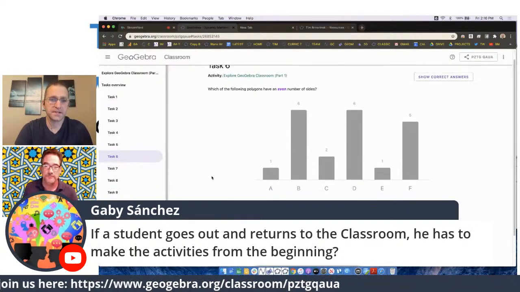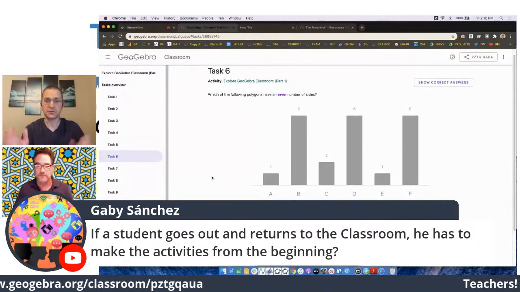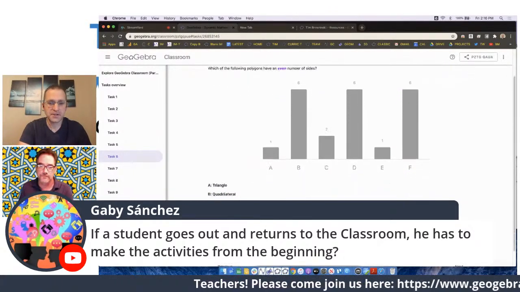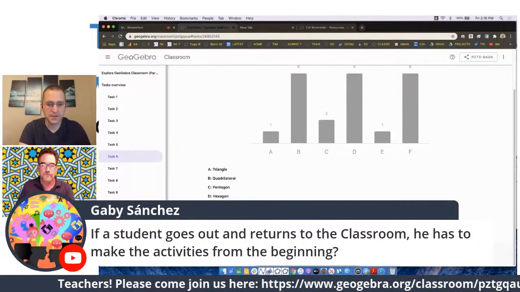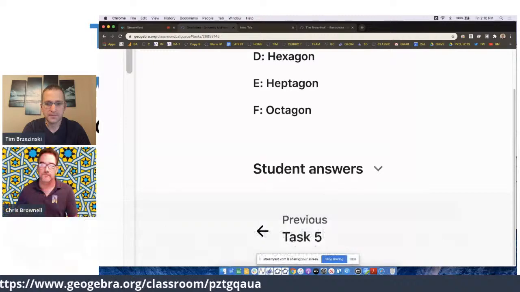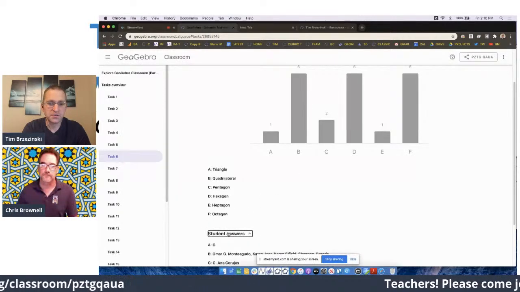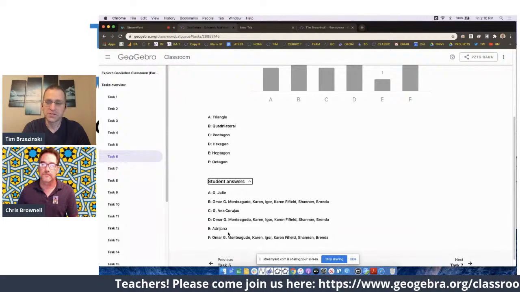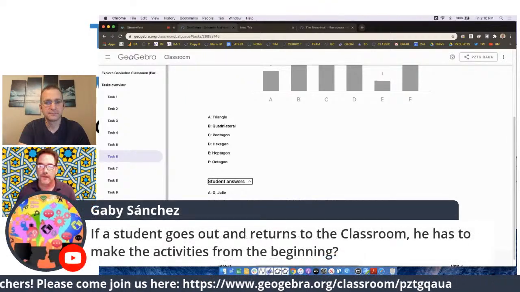There's also the next task, check all that apply, where there's 2 to the n possibilities, right? You could see that. And I want to show you down here. I wouldn't show this to students, but for the teacher's convenience, from the teacher side, if you click right down at the bottom, you can see which students chose which answers, or which selections, I should say.